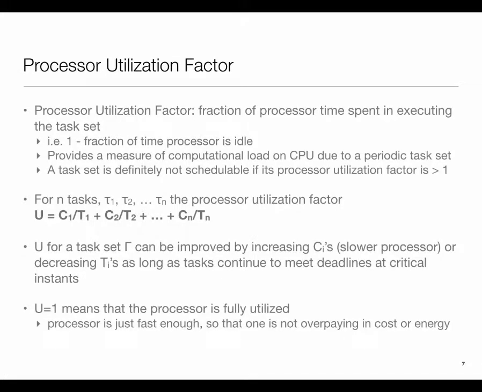Okay, so processor utilization factor basically says, if I am able to schedule that task set, what fraction of the time the processor would be kept busy. For n tasks, I can define it this way. If u is equal to 1, that means the processor is fully utilized. If u equals 1 and I'm able to schedule the tasks to meet the deadlines, then the processor is fully utilized. If it is more than 1, I better look for a faster processor or more processors. And if it is less than 1, then maybe, depending upon the scheduler, I may be able to get away with a slower processor.